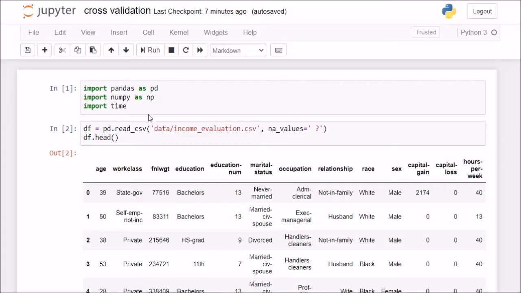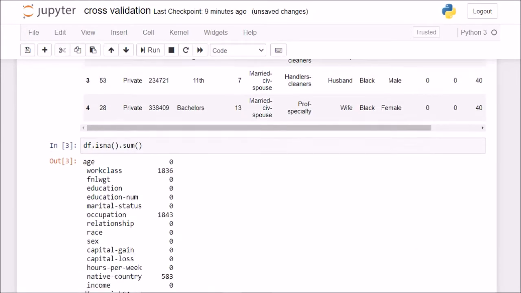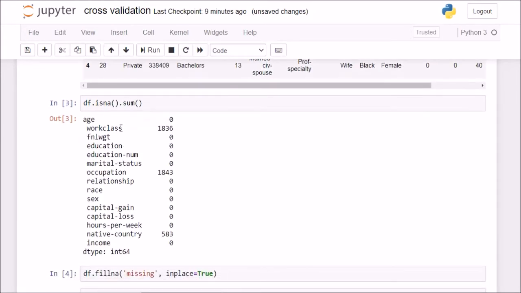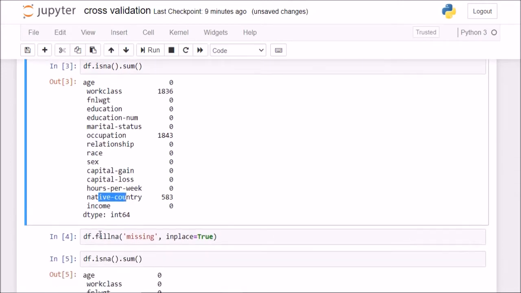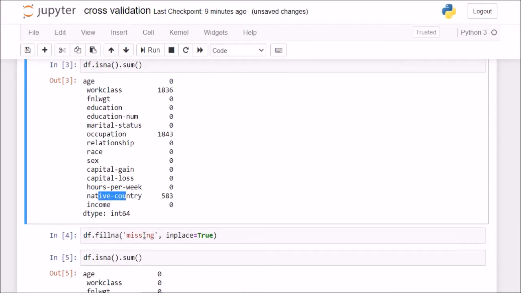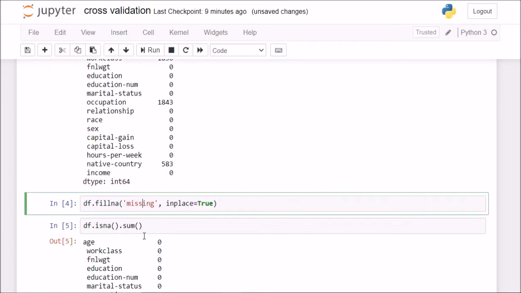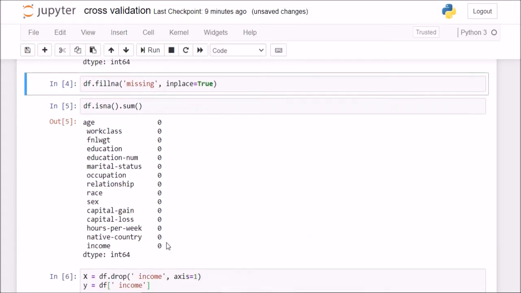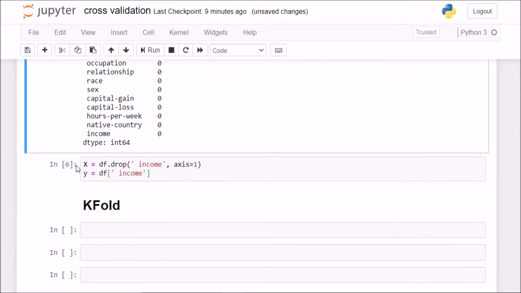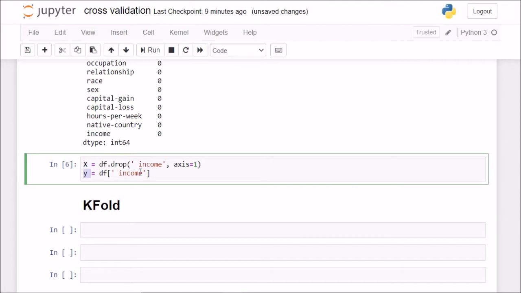Now let us start. I have the dataset, and after looking at which columns have missing values, I find that these 3 columns have missing values. All of these 3 are categorical columns, so I'll simply impute them with a string of "missing", because this lecture is more concerned with cross validation, and hence I do not want to waste much time doing imputations. Now if I check, I have no missing values left. So I just split my dataset into my feature vector x and my target variable y.